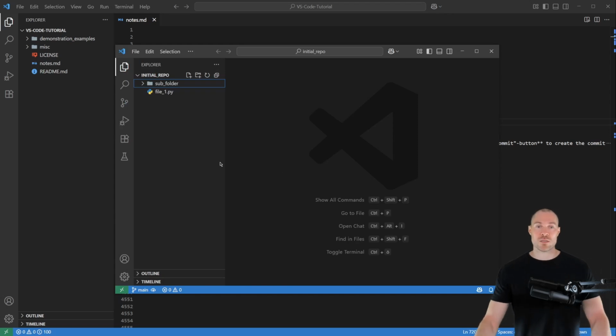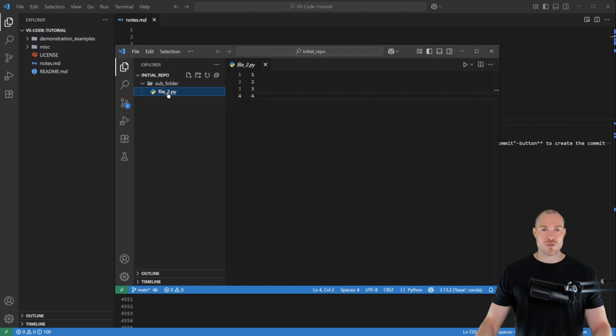So to show you that, I have prepared this initial repo folder, and here I've opened that in a workspace. So now let's make some changes to this workspace. So therefore let's first simply delete this file here. Then let's open here file 2, and here let's make some changes within the file. So let's transform this into 100 here. Then let's delete this line, and then let's add a new line with a 5. And then lastly, the last change is to add a new file. So let's call this